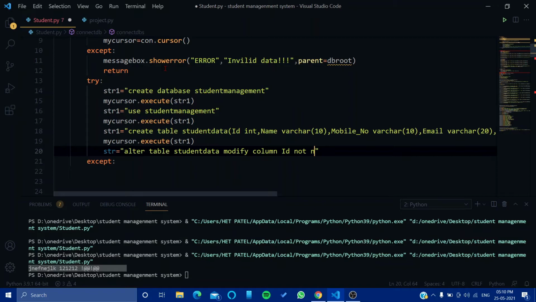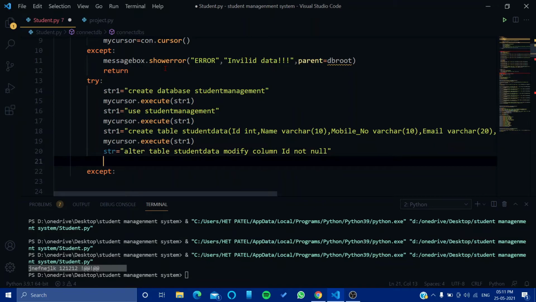Okay, we don't want this ID to be empty, so we will not take it empty.